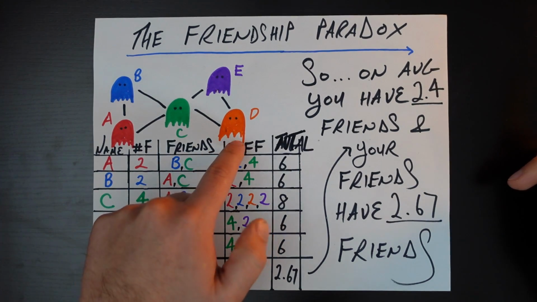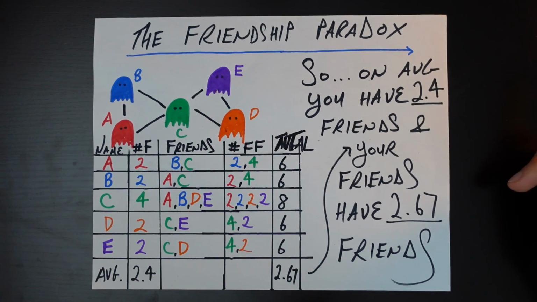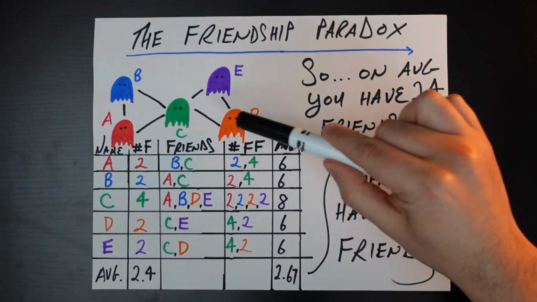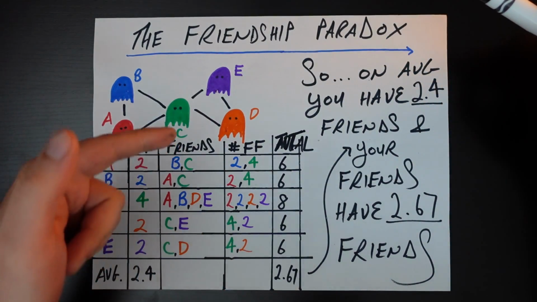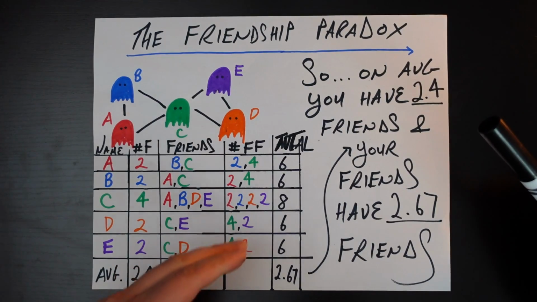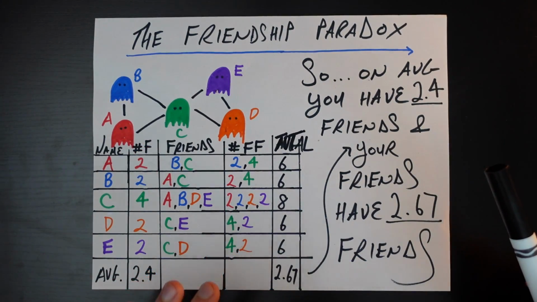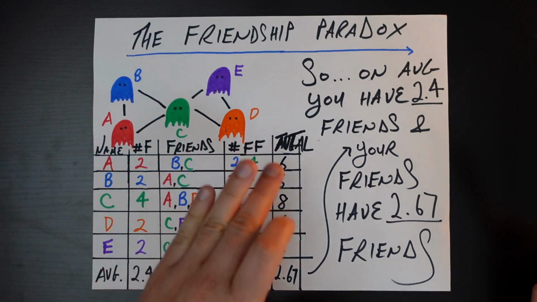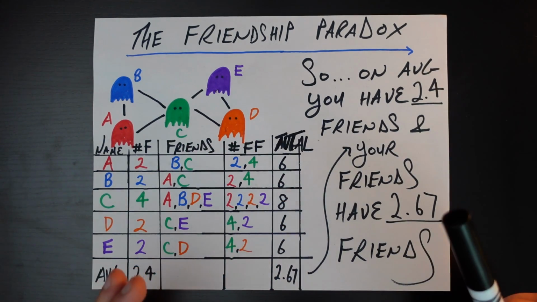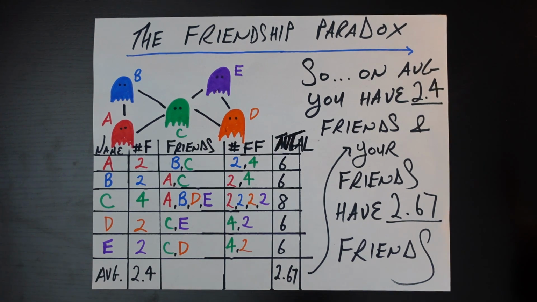For example, looking at D, this orange 2, which corresponds to the number of friends that D has, shows up twice because that 2 is considered when you're putting yourselves in the shoes of C or putting yourselves in the shoes of E. So this orange 2 shows up twice, in other words, 2 times 2 or 2 squared. So the total sum that we're considering here, the numerator of our fraction used to compute this 2.67, is going